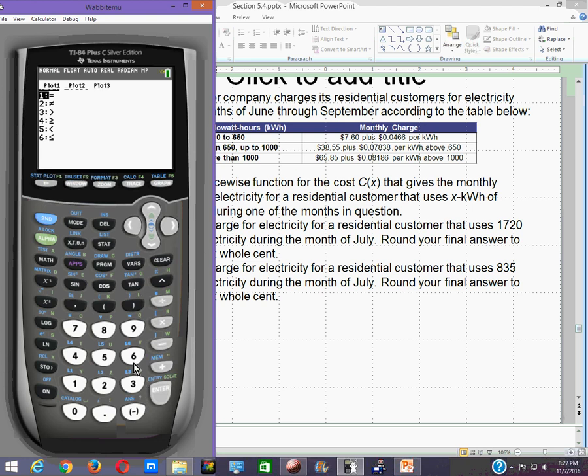Close, then plus, this money, 65.85, plus